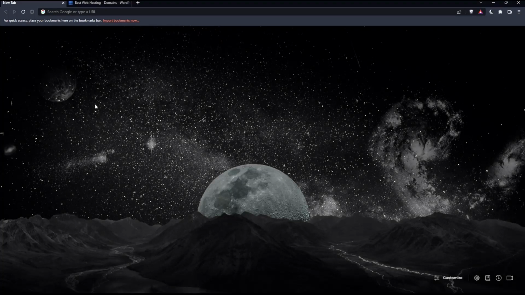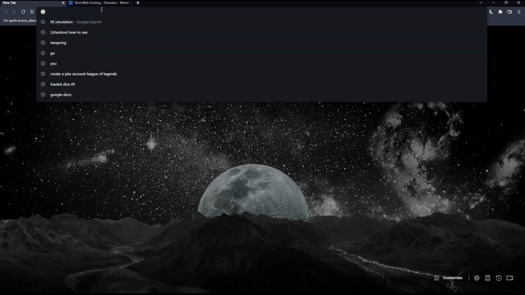So the first thing that we'd like to do, of course, is just go and open whatever browser you're going to use to follow this tutorial's steps with. Here in my case, I'm actually using Brave. But of course, in your case, you can use any other browser that could possibly work for you. Once you open that browser, make sure to go into this URL section and simply type